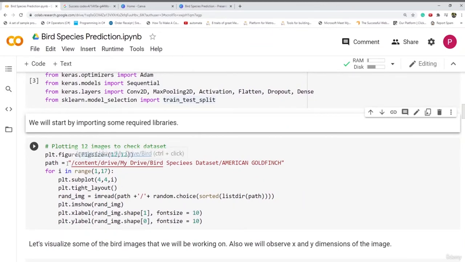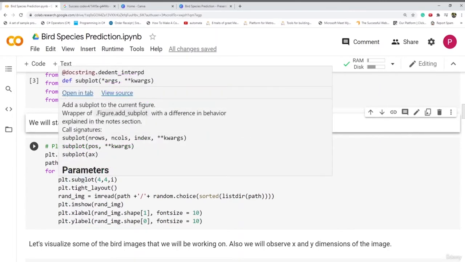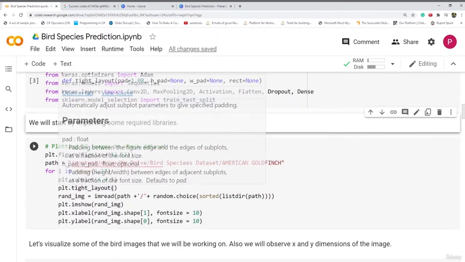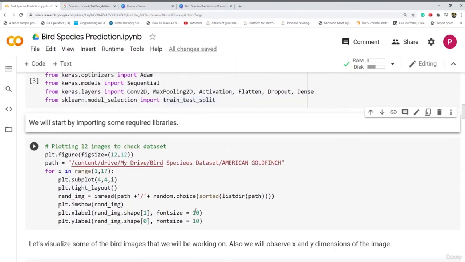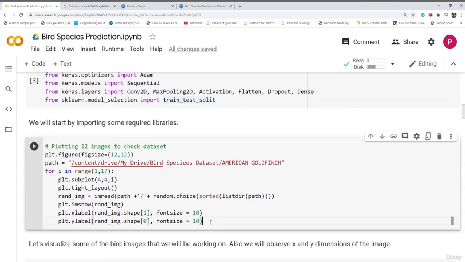Here you can see that I have set the path. I'm using the my drive bird species dataset, and in that we are using a particular folder, that is American Goldfinch. I have created a loop which will subplot my images, 4 images in a row, taking images from the American Goldfinch folder, and we will display around 17 images.